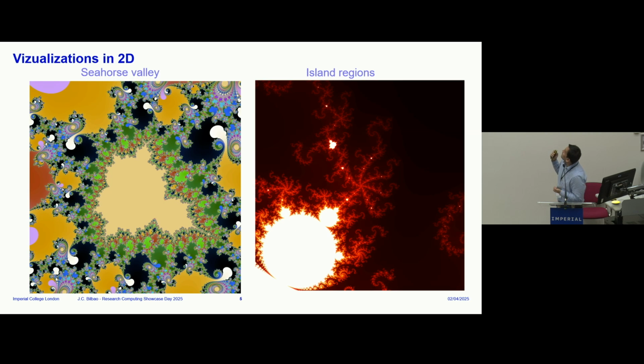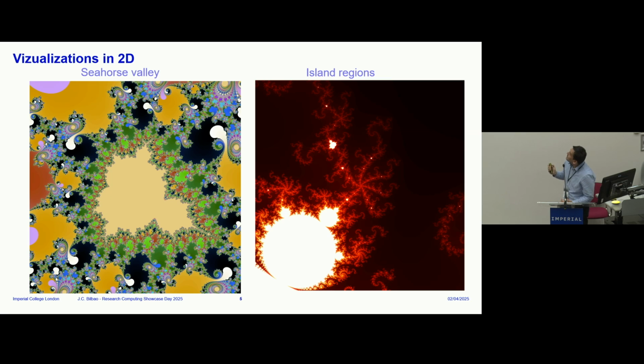So time for some visualizations. On the right, we see what is called the island regions. It's just a small section next to the main body of the Mandelbrot set. One interesting feature is we have all these bifurcations or branches, but then we have repetitions of the same body again in certain islands. And these are sort of islands of stability. You can find similar patterns there. So it's a very nice example of the recursive